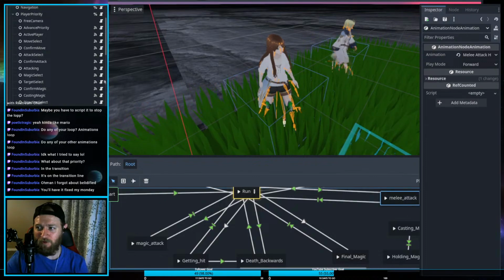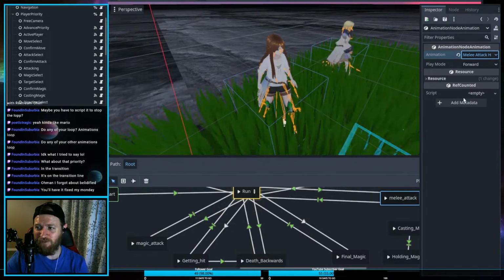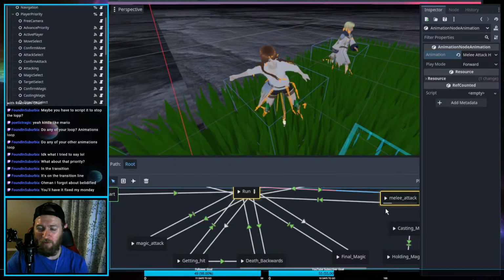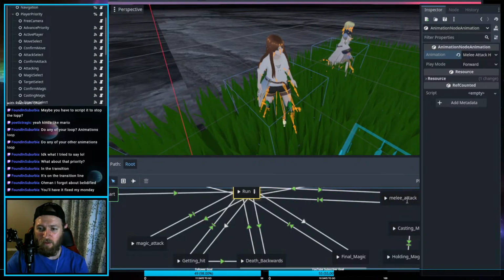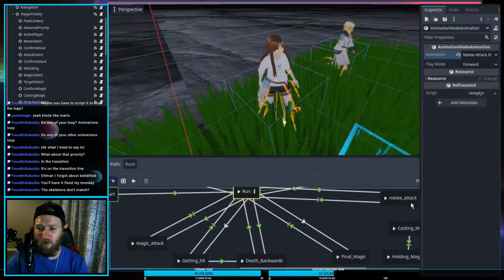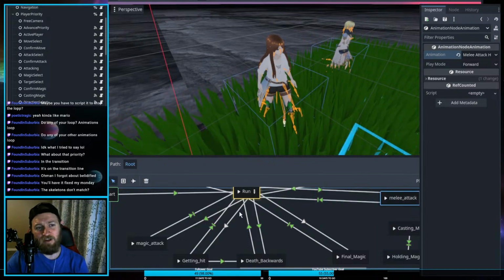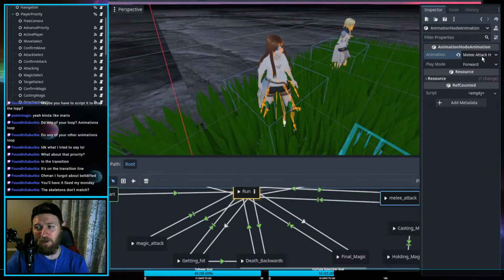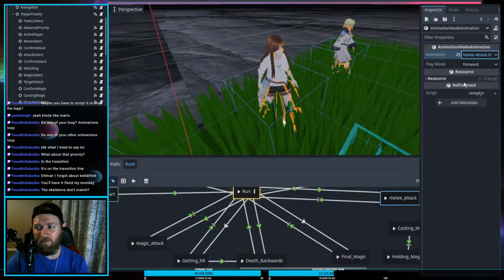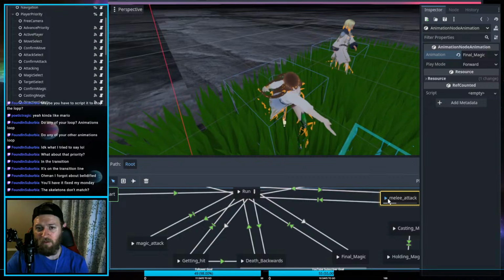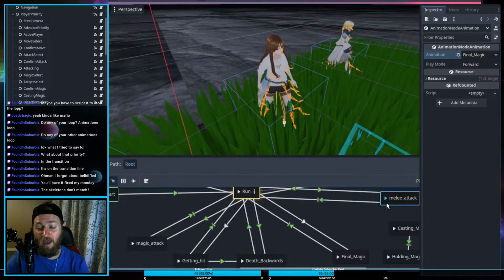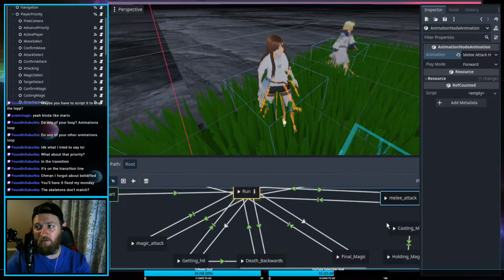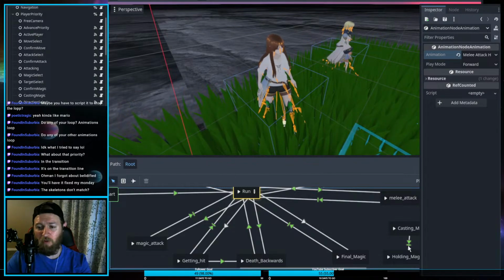Now here's a real question. Okay, what if I just change this, right? We know that crossfade works on this one, on this node. What if I just changed this node? Well, it works on casting magic. We know crossfade works on casting magic, and it uses the exact same skeleton because it's just a cut up of the same animation. But what if I just change this to final magic? Okay, so it's definitely in the animation,